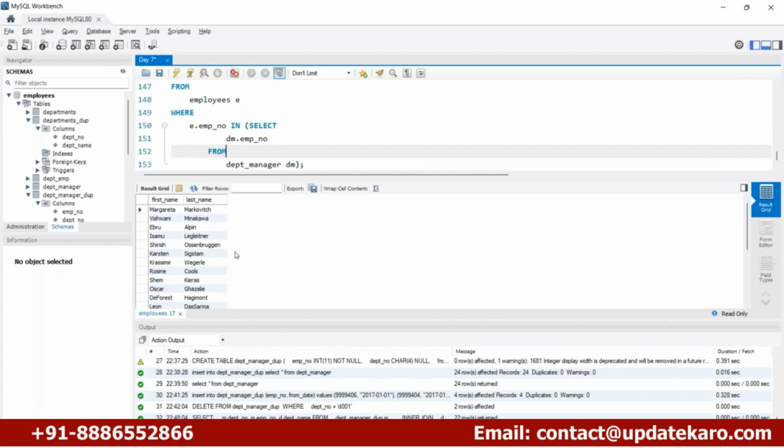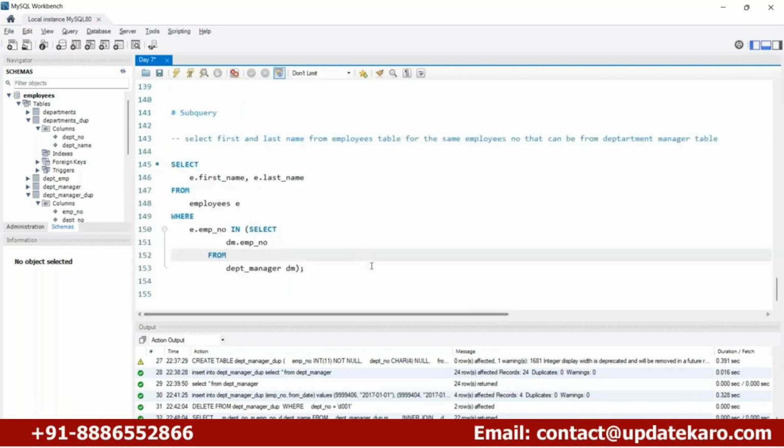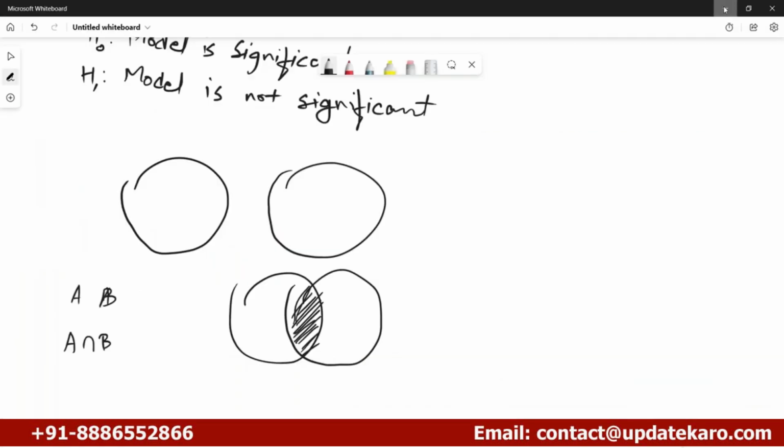So that's how you can apply multiple queries inside one query. That is nothing but the sub query. Understood guys? Now let's quickly go to the Python and see how we can